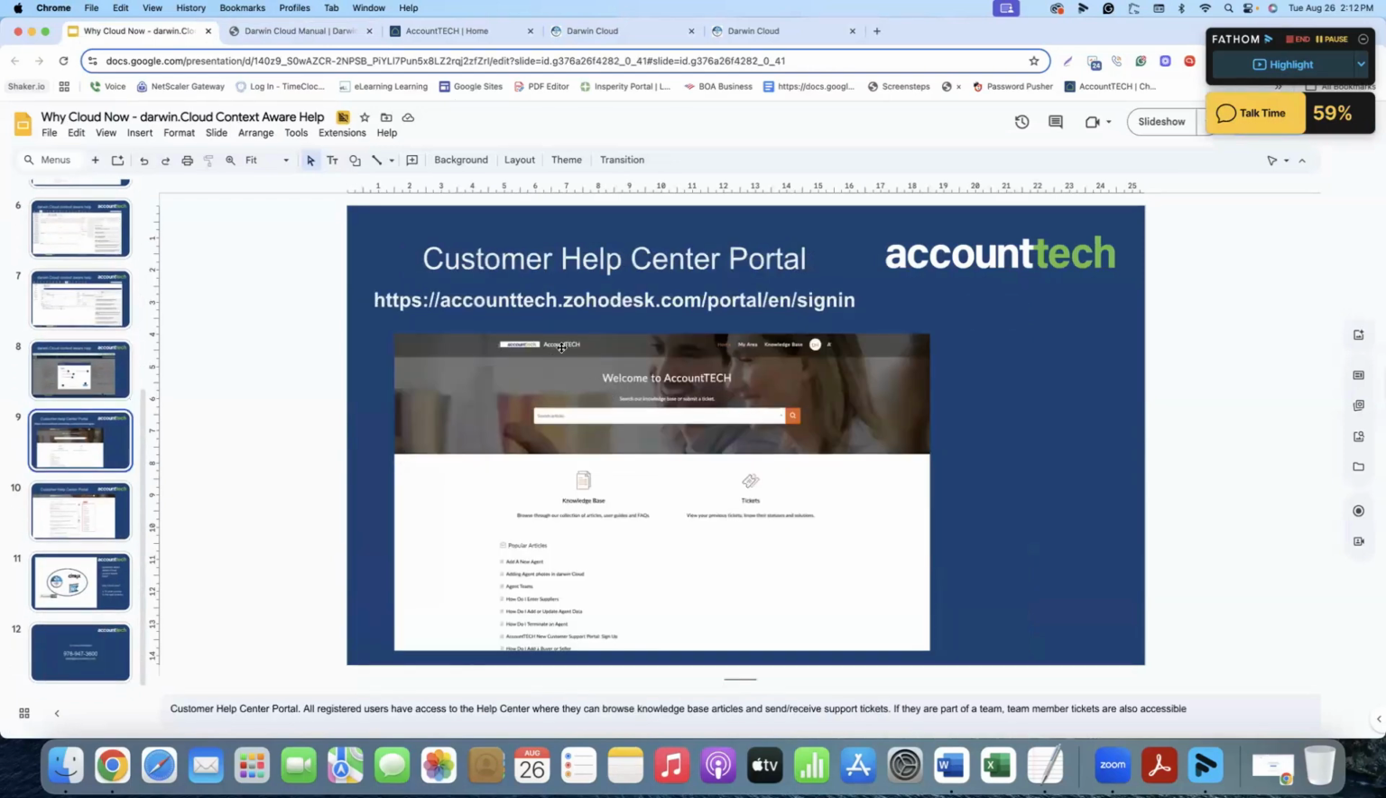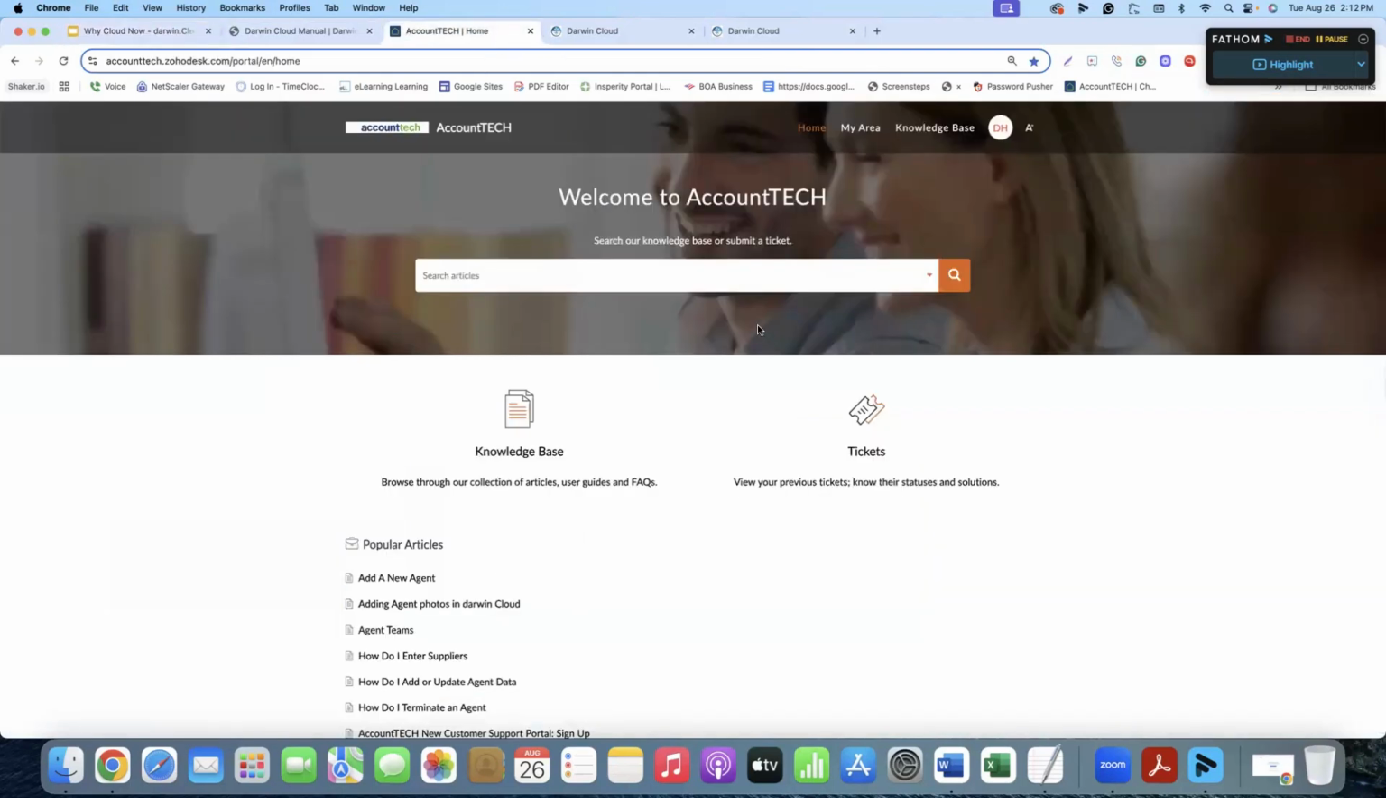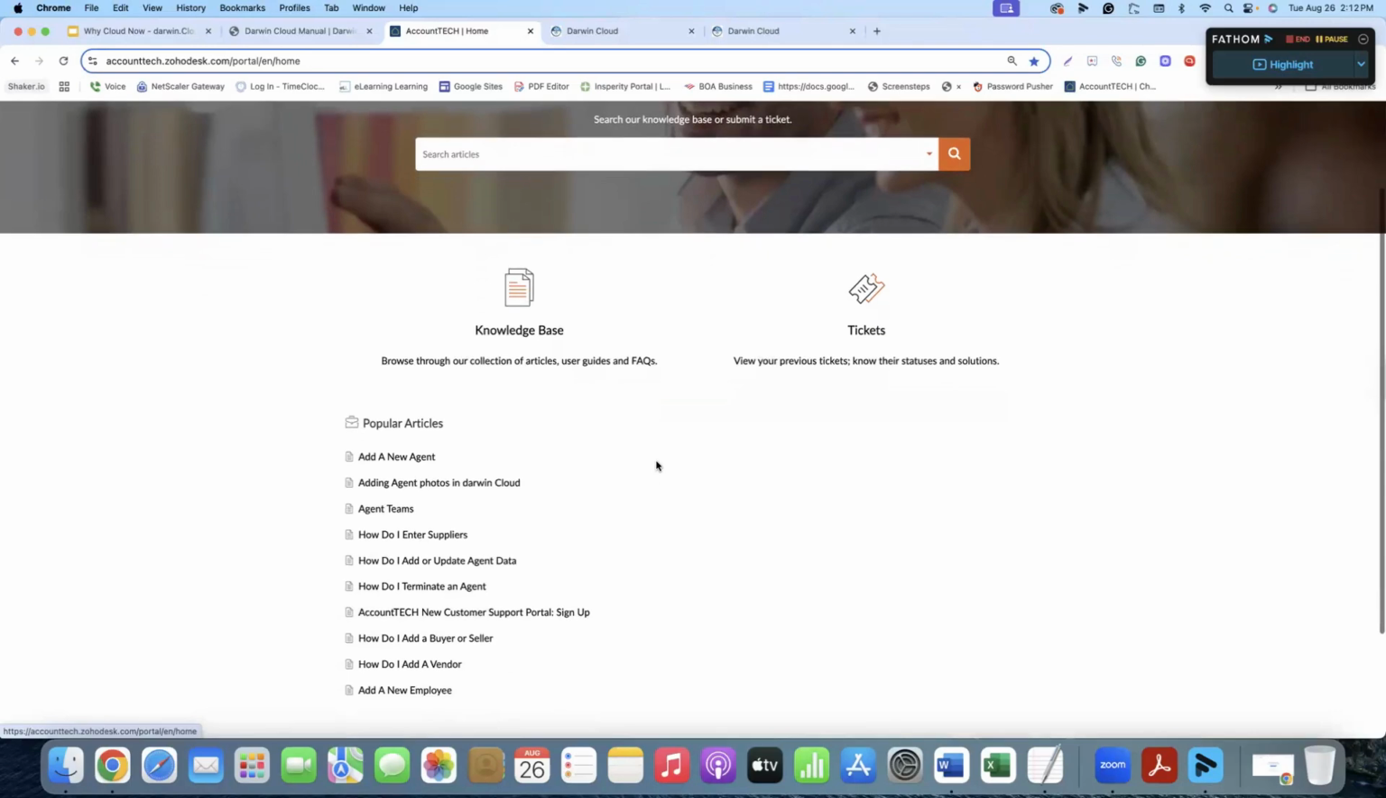My last slide was actually the customer help center portal. This is the website, and I'm actually going to the live website. This is for our support ticketing system. Everybody has to be registered, these are admins and users. So you log in to the home screen. We're also adding more